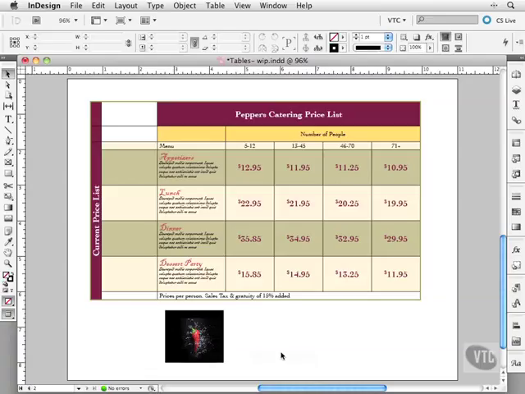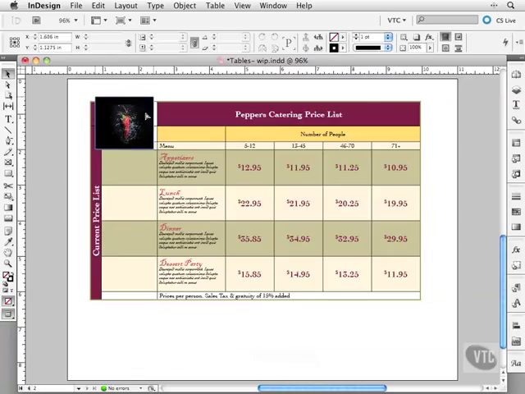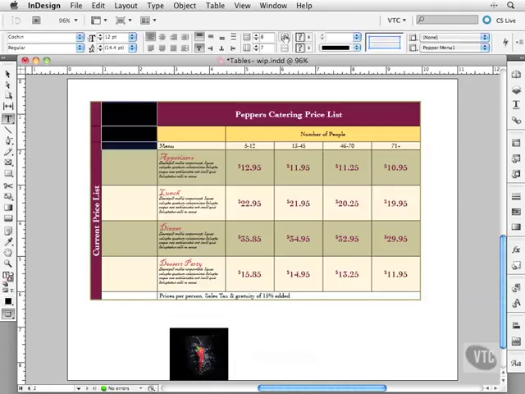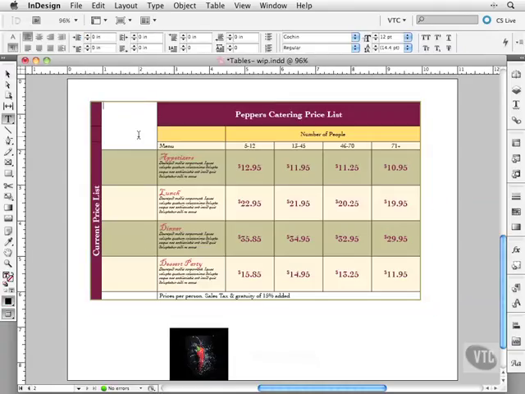Now we're going to finish off by inserting graphics. First of all, we're going to put this logo up here, up in these top 3 cells. So I've got to select these cells like this and then merge them together like that. Now, one of the things that you're going to find is that when you're inserting graphics in cells, it really